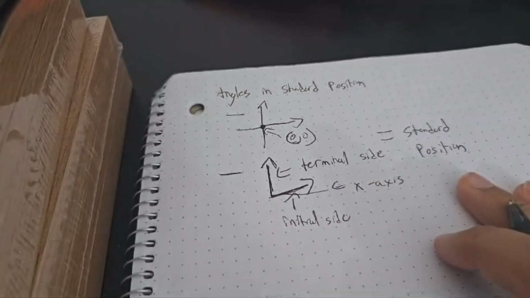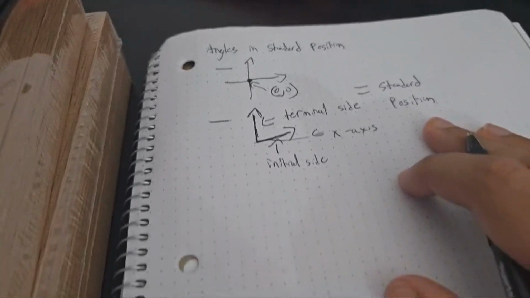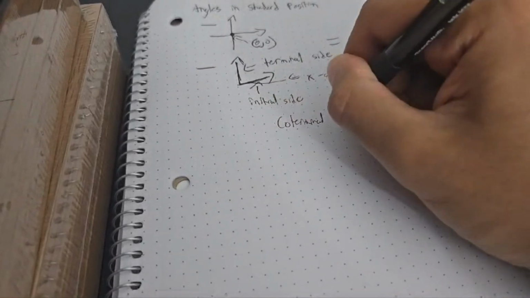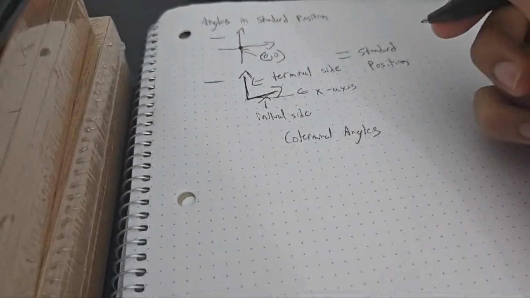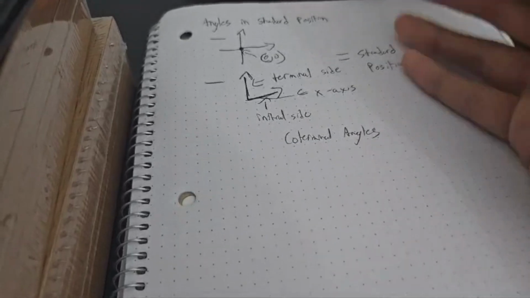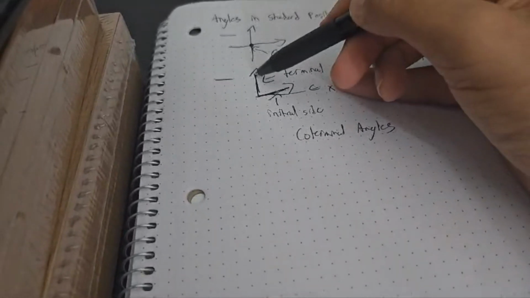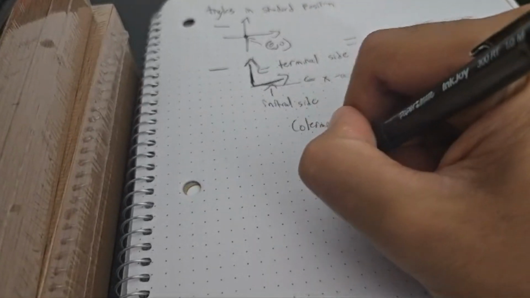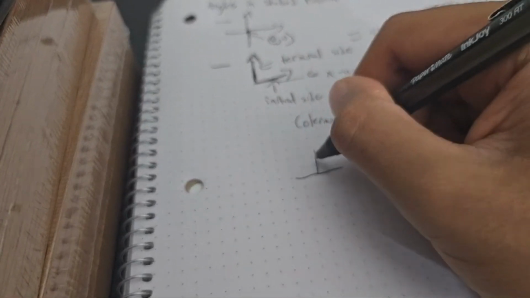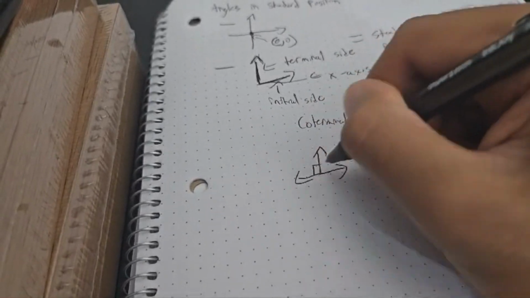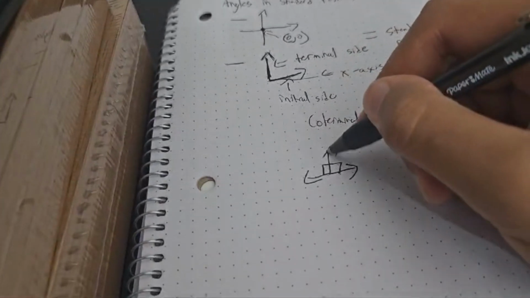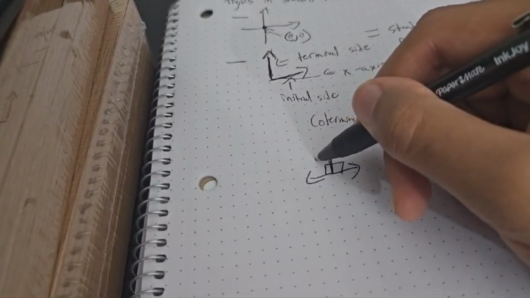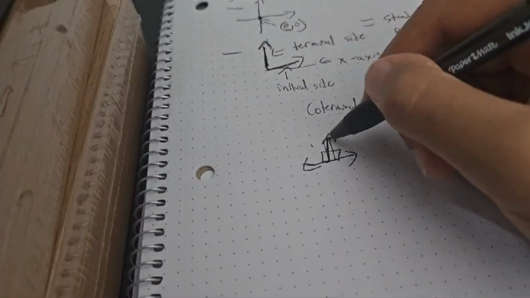Okay, next we have coterminal angles. So what are coterminal angles? Coterminal angles are essentially the angles that share the same terminal side. As we talked about right here, we have the terminal side right here. Let's say we have two angles like so, both 90-degree angles, with one terminal side for both angles. This essentially means that this angle right here and this angle right here,